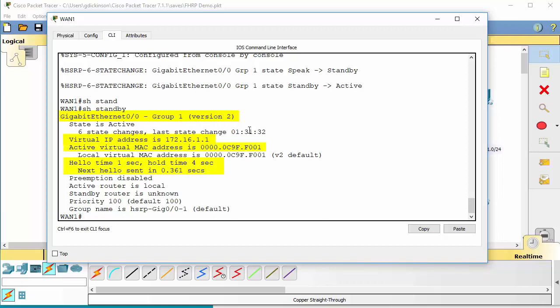There's the hello time and the hold time, and it tells you how long it is before the next hello packet is sent. Preemption is disabled, and priority is 100, the default of 100. We'll get into preemption and priority here in just a moment,